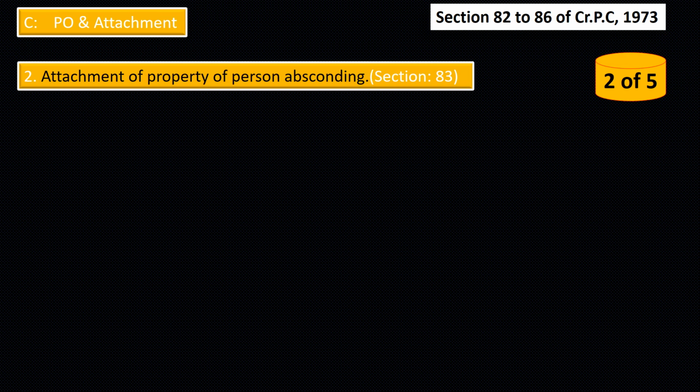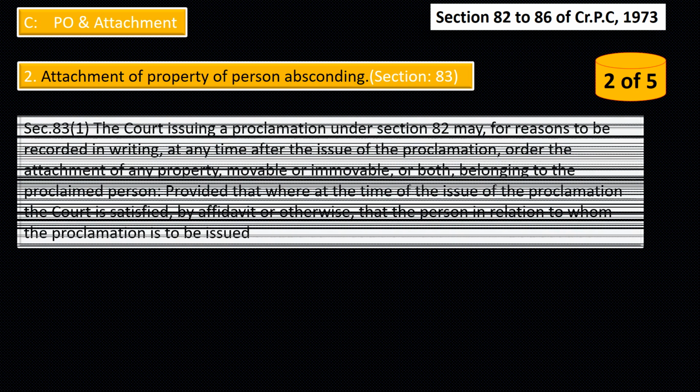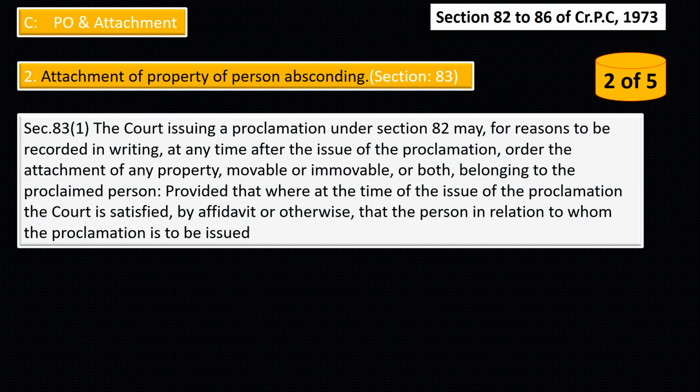Second point, attachment of property of person absconding as per the provision of section 83 of the Criminal Procedure Code 1973. Subsection 1 of section 83 says that the court issuing proclamation under section 82 may, for reasons to be recorded in writing at any time after the issue of the proclamation, order the attachment of the property, movable or immovable or both, belonging to the proclaimed person,